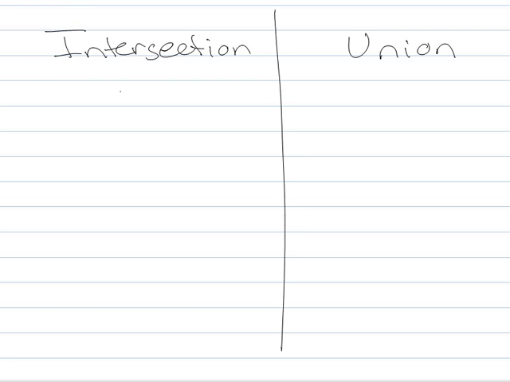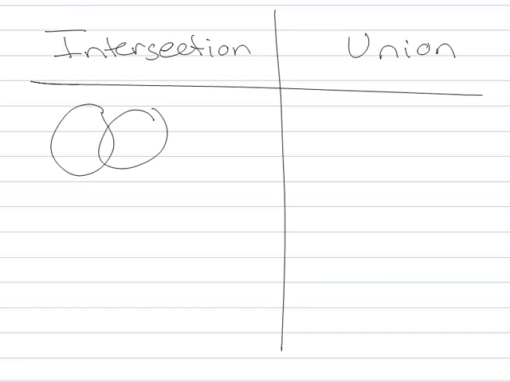Okay, so the next thing we're going to talk about is intersection and union and what these mean. Intersection and union. Remember in these Venn diagrams, this is the intersection of those two. So if these are all people who like kitties, and these are all people who like puppies,